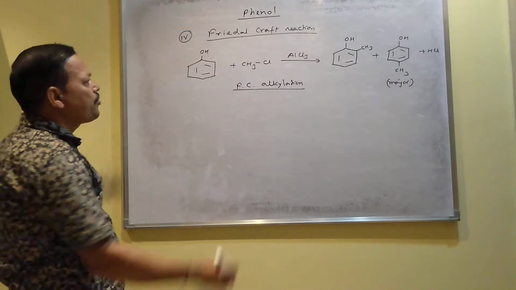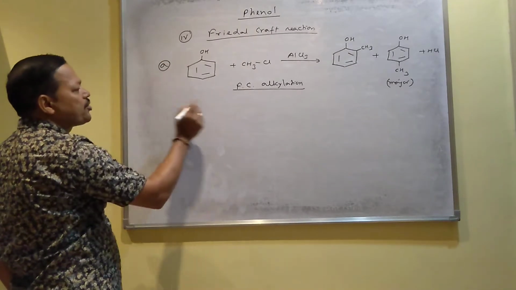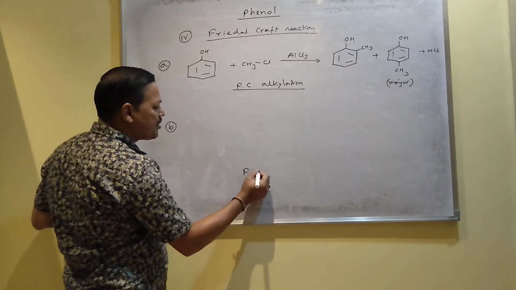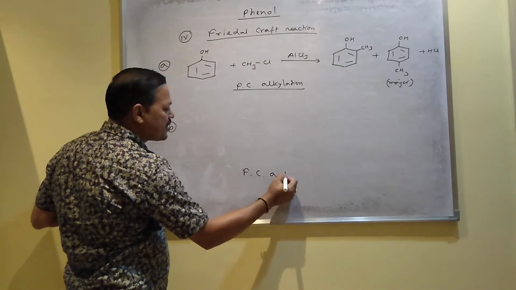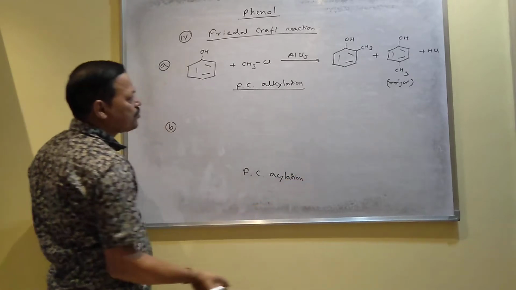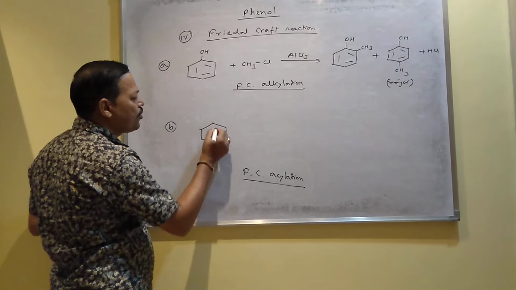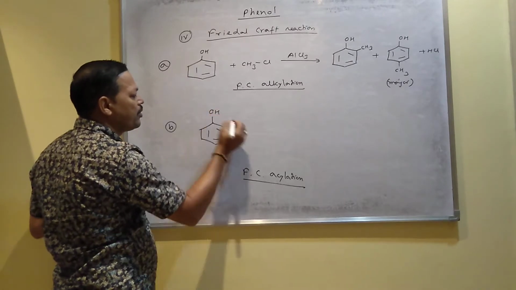Actually, there are 2 types of Friedel-Crafts reaction. One is called Friedel-Crafts alkylation and one is called Friedel-Crafts acylation. Friedel-Crafts acylation. When it is called acylation, when phenol reacts with,